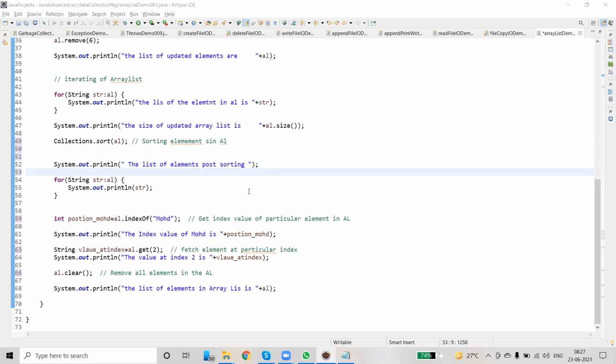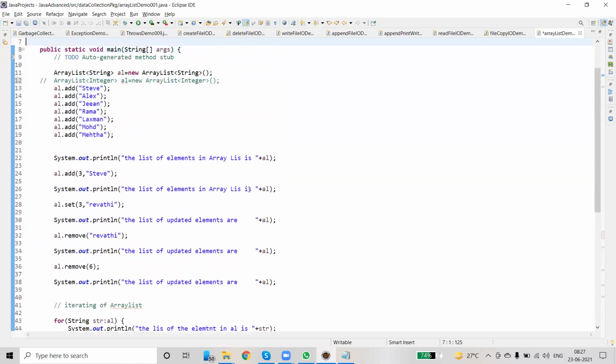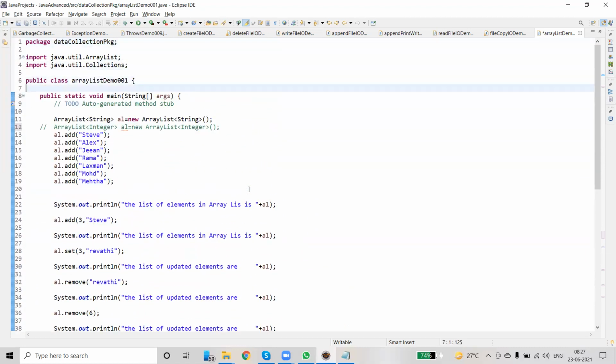My question is, suppose Alex is there. Alex needs some value assigned. Suppose some other names are there, and automatically we give the values. Here Steve is there, we have to assign one value. Alex is there, we have to assign one value. Is there any method to give them automatically? It is continuous. Suppose we use i plus plus, right? Like that, if you give one value, we have to automatically assign the values to any number of names that are there.